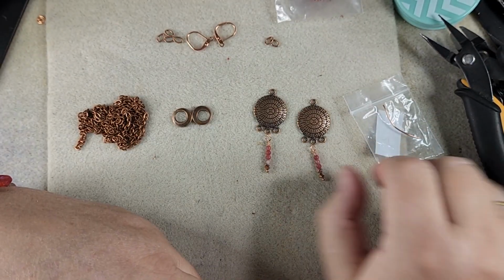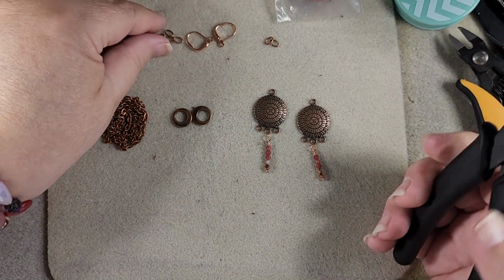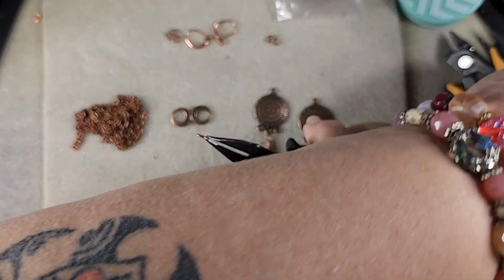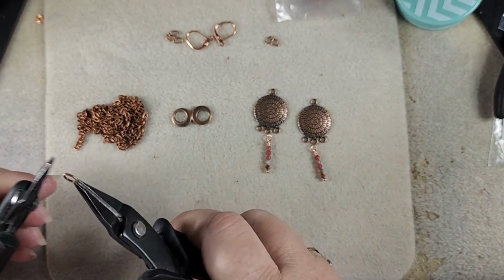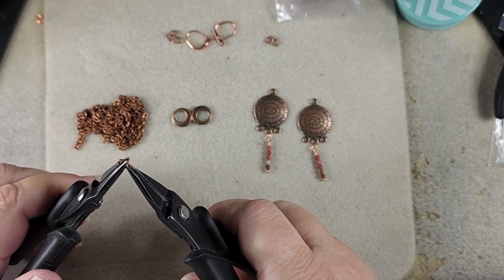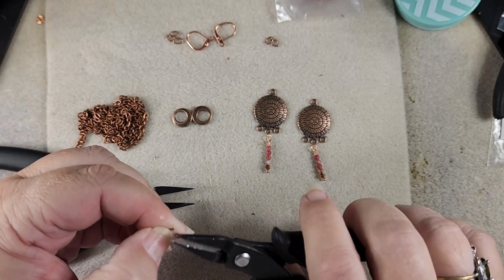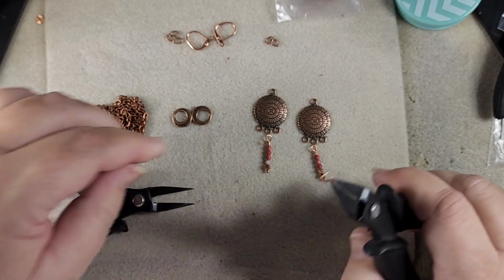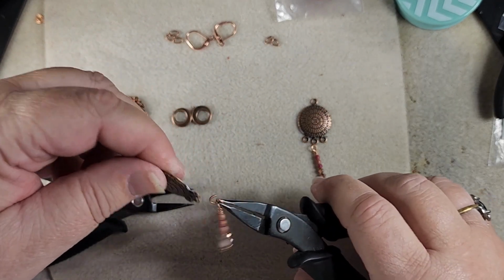So now these two are done, and we need to put them on with our jump rings. So let's grab a jump ring, and open it up with a twisting motion. And I caught the side of that one, so I'm going to need to straighten it a little bit. Then we will put it through our middle loop